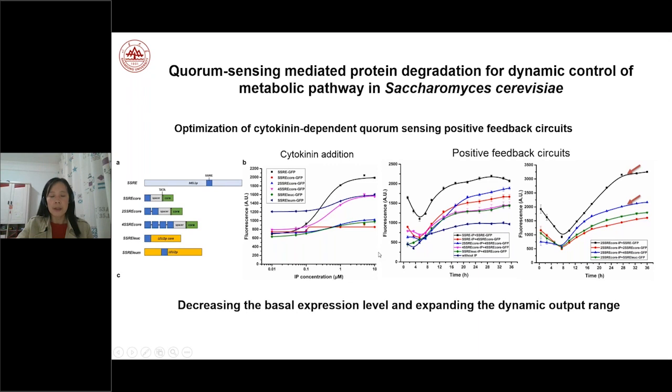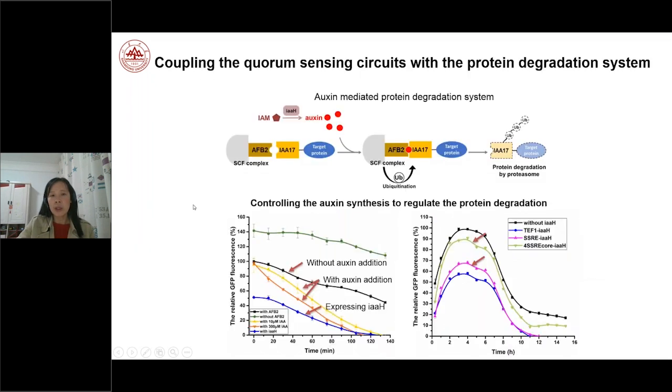Of course, the first system coming to our mind is the CRISPR interference system, which Hao has already mentioned. However, because the dynamic range is not really good in our system, we are not quite sure if it can work very well when we control Cas9 expression. So another system came to our mind: a protein degradation system. Here we use the auxin-mediated protein degradation system. When we add auxin into the culture, the targeted protein can be degraded very fast.